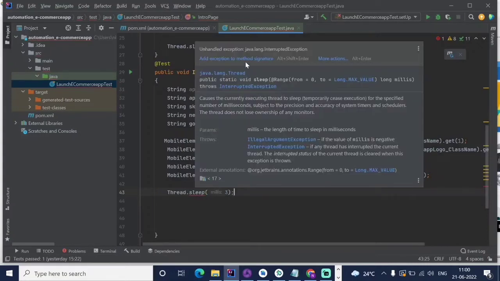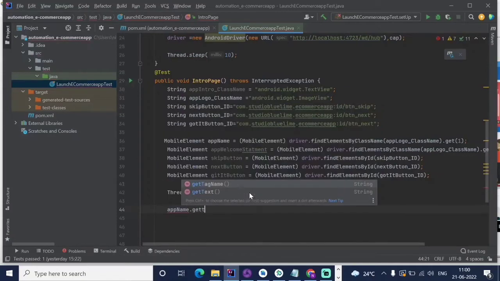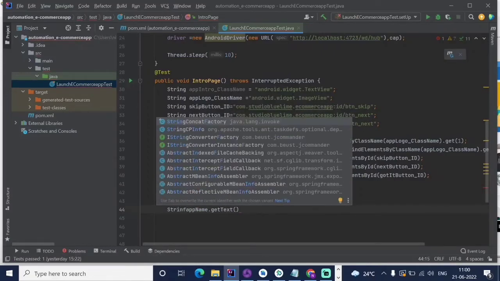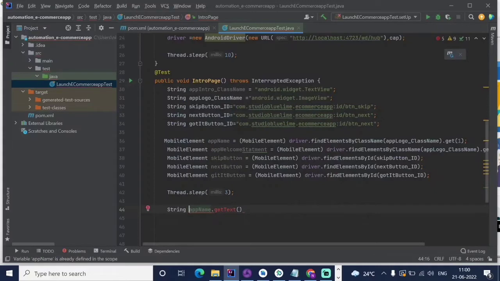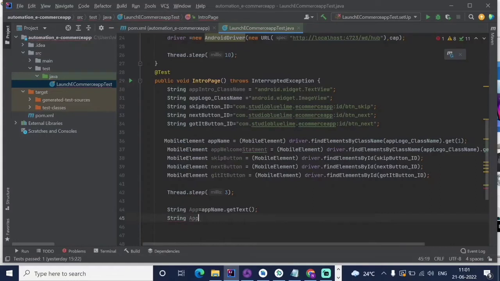Here is the add method signature with the interrupted exception. Then what we are going to do: we are getting text, right? So app name dot get text, and store it in a string, app equal to, just close it, and then string app welcome statement equal to,